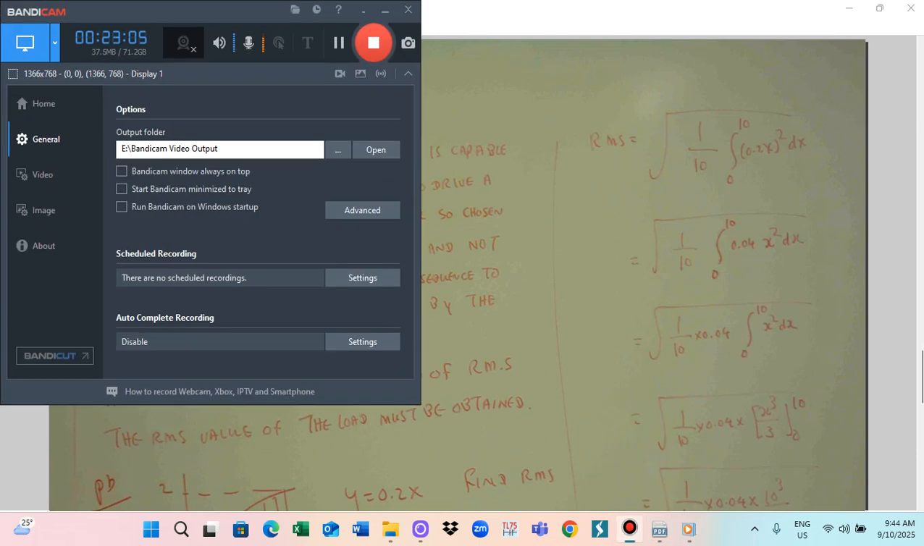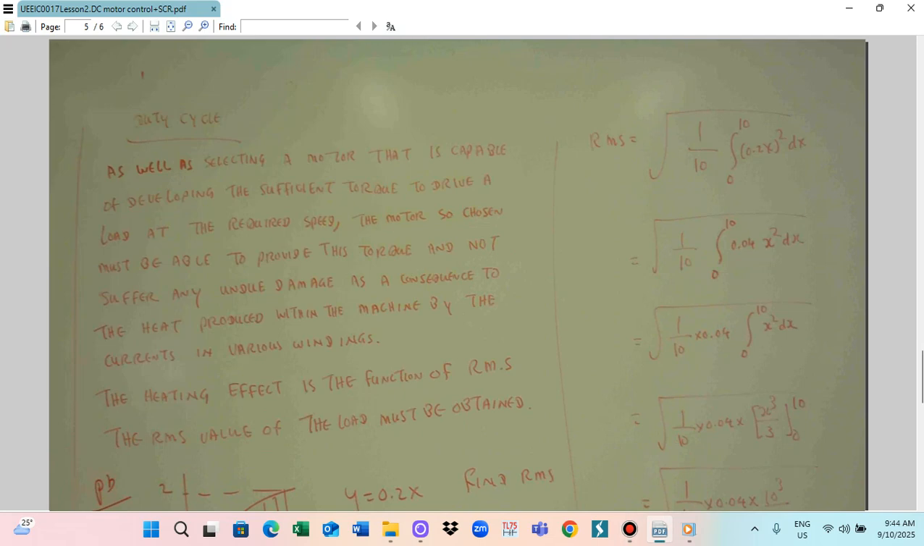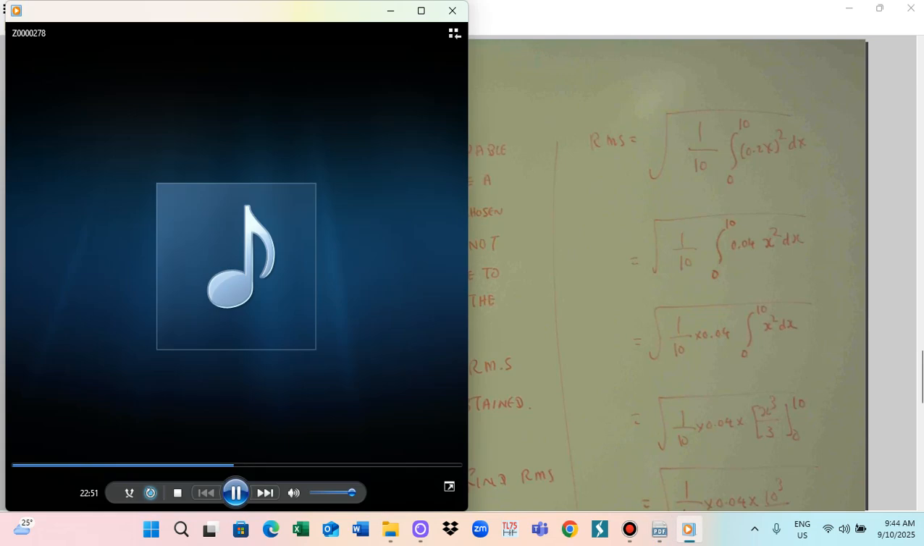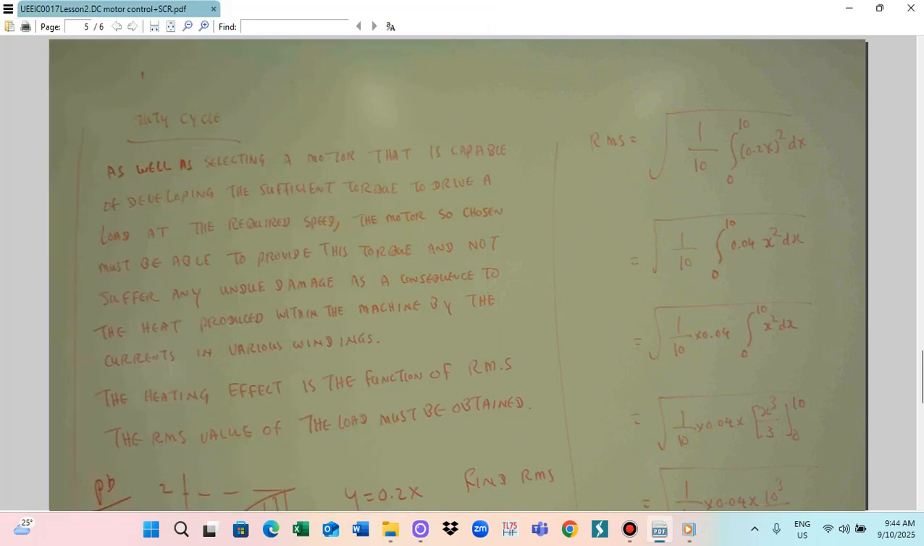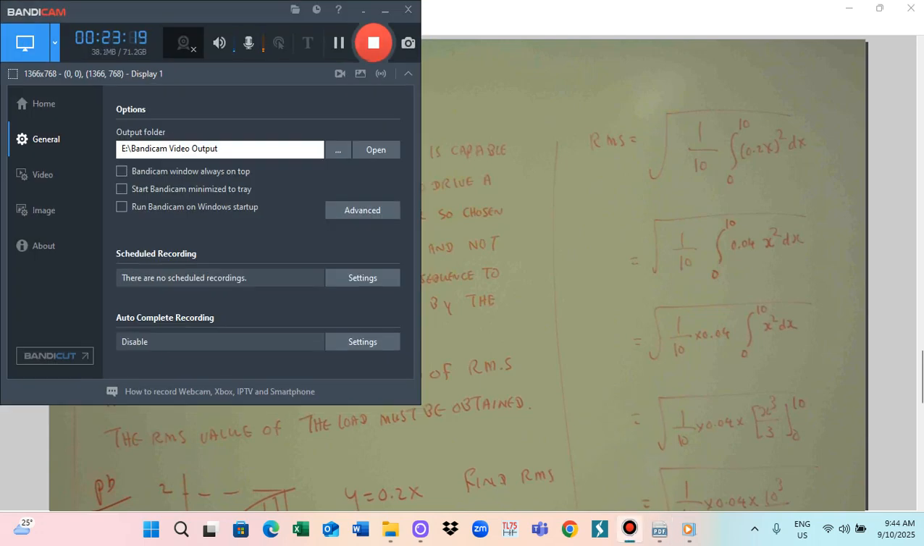When you drive the motor connected to the supply, usually the motor has to overcome the static inertia. At the time the motor